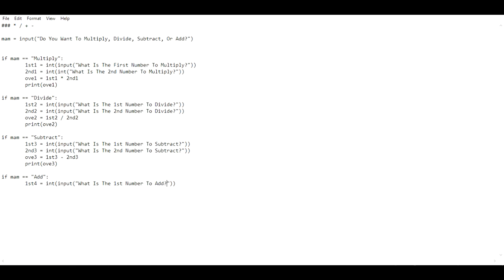And then we're going to do the same thing for the second one. So second 4 equals integer, and then, you guys know the drill, and then input. Wait, are we supposed to do, no, we're doing it right. Then input, what is the second number to add,